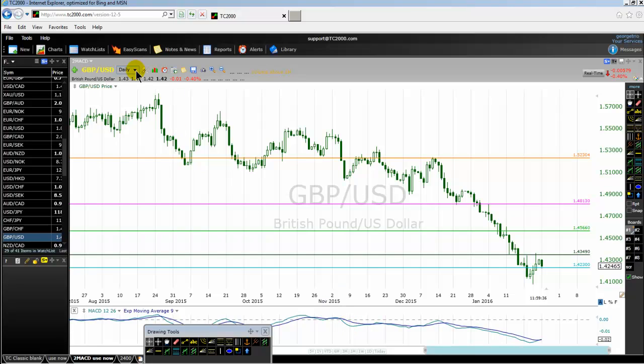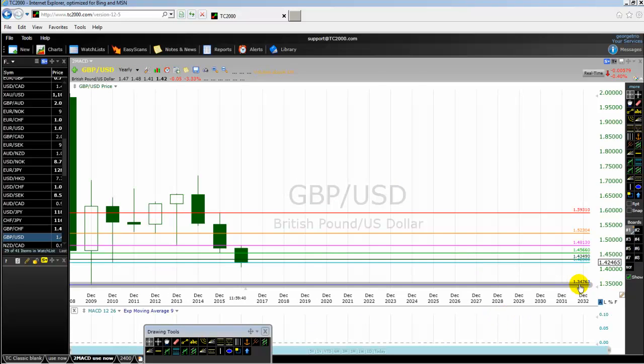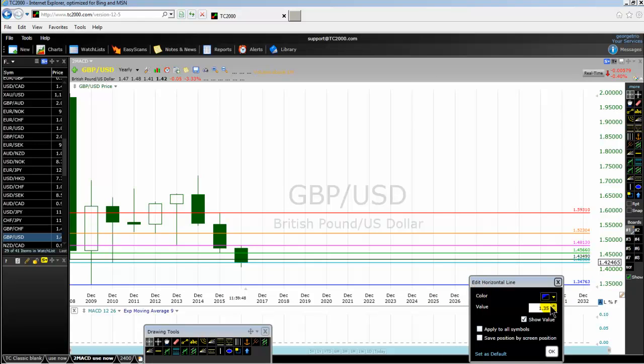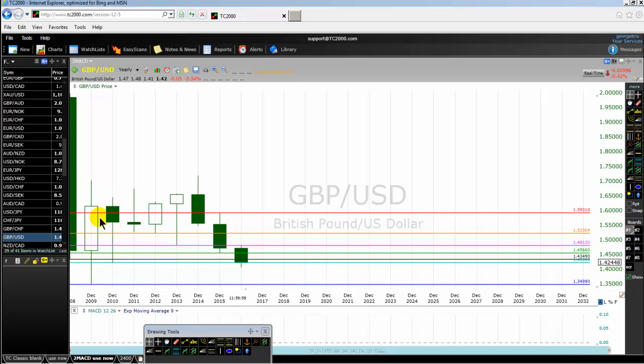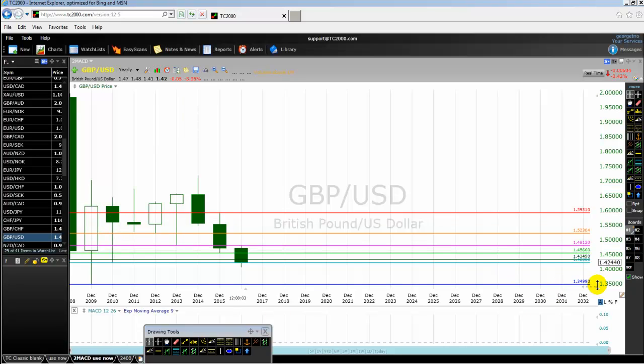I'm going to go back to the yearly chart. That level is right here, 13476. The level 134, where is it? That's not the exact level I want to tell you. Hold on, please. I want to change that very fast. 134, bear with me. 13499, okay? The level of 13499 is the low of 2009, which means if the price dips below the level